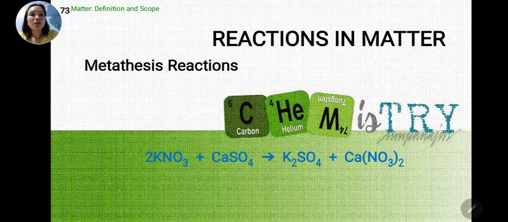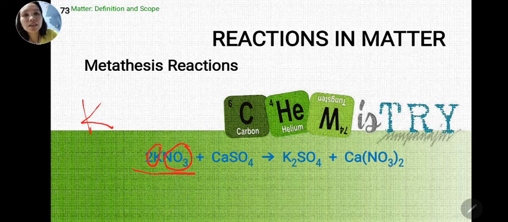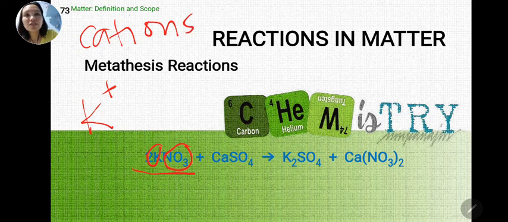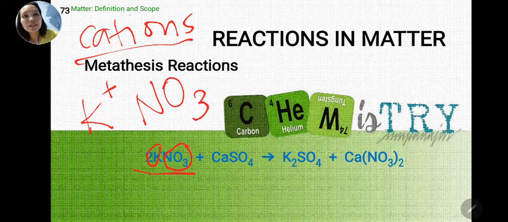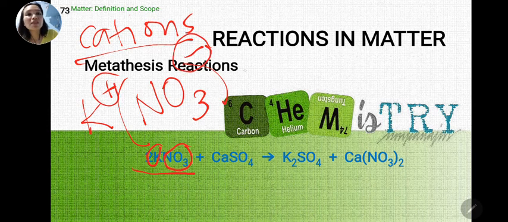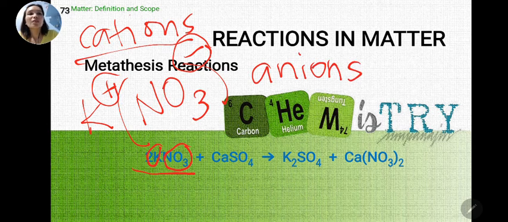So, this is an example. If you will see, we have first is potassium nitrate. So, dalawang atom yan, potassium and nitrate. Potassium is a cation or a positively charged ion, which are called cations. Kapag naman, for example, yung NO3, this is a negative ion. So, ito yung negative, ito yung positive. Negative ions are called anions. Okay? So, we have potassium nitrate plus